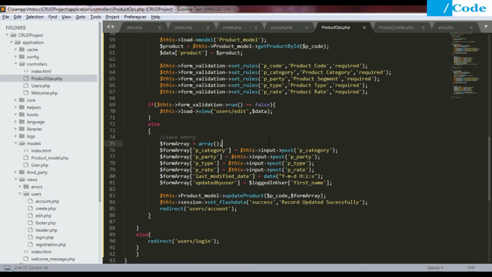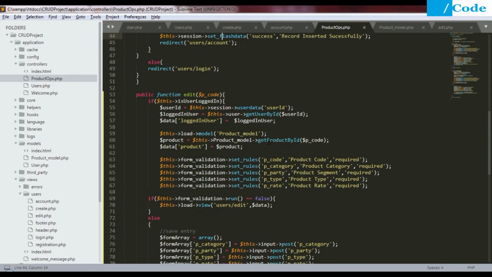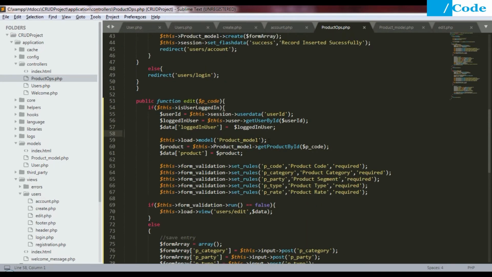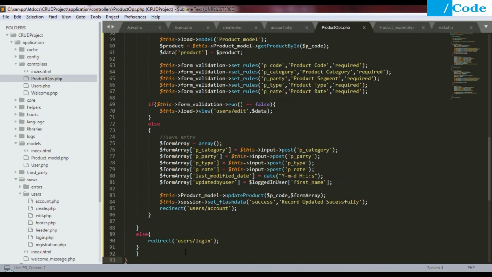Inside the product ops controller, what we have done for the edit: we'll get that p code, and then if the user is logged in, then we are going to perform all this operation. If the user is not logged in, then we'll go directly to the login page.